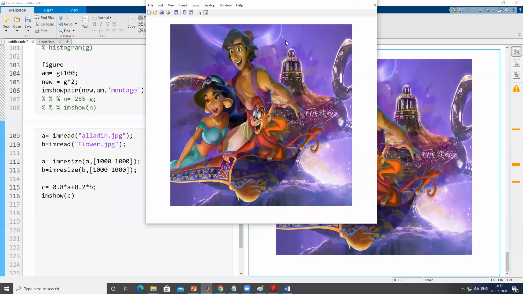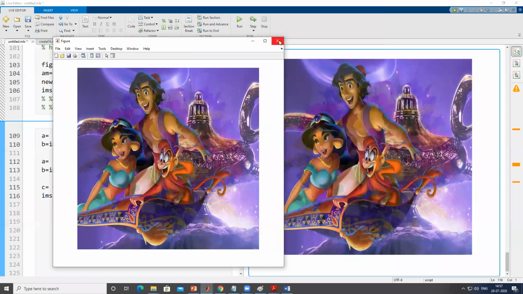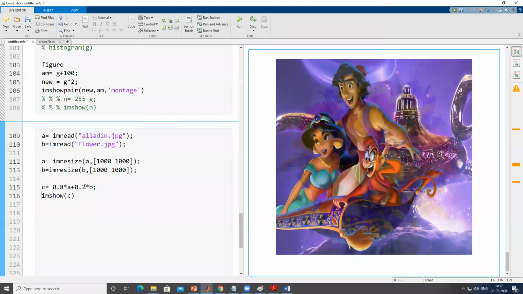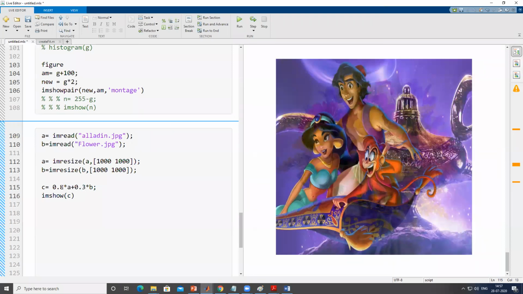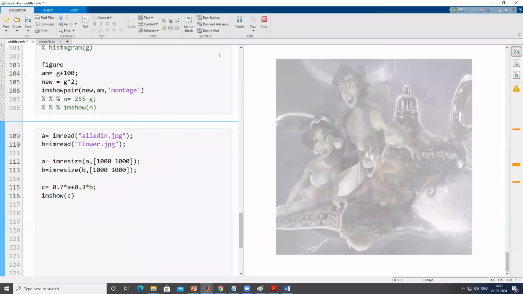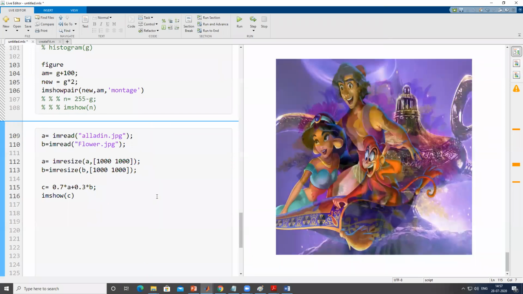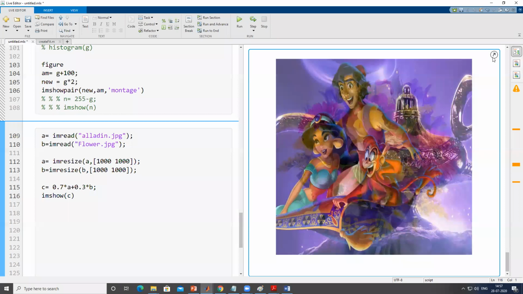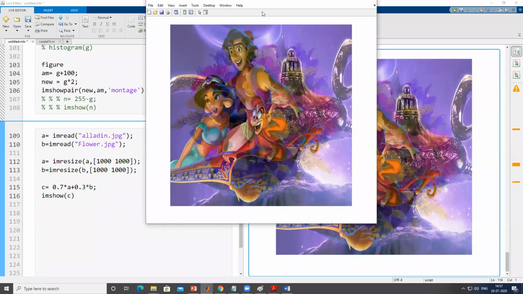Okay, so this way we can easily control the intensity. This is how we can do the image addition.